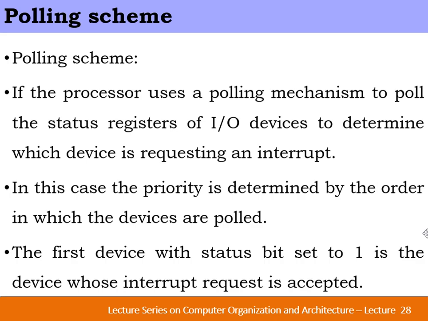As soon as an IO device becomes ready, that device itself is going to send a 4-bit or 8-bit code to the processor that it is ready to accept a service. So it has become ready, and it requires certain services. By that mechanism, in case of vectored interrupt, the device itself is going to send a special code to the processor. So the vectored interrupt is an opposite scheme to the polling scheme. That is regarding vectored interrupts.